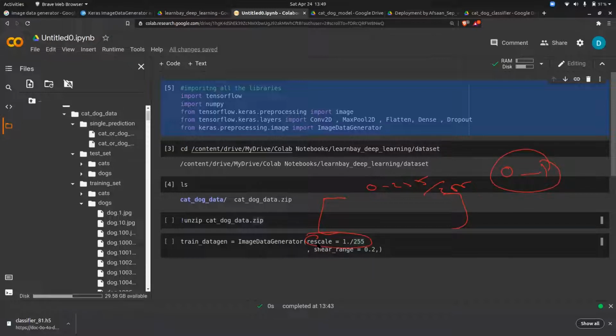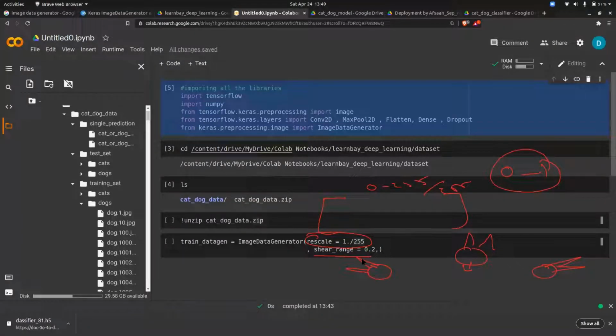Then in shear range, suppose this is an image of a cat. I'm just rotating the image 20 degrees towards the left. So this becomes a cat now, and this becomes a cat. Getting my point? I am just creating one more image of this cat, but here the cat is a little bit tilted about 20 degrees.